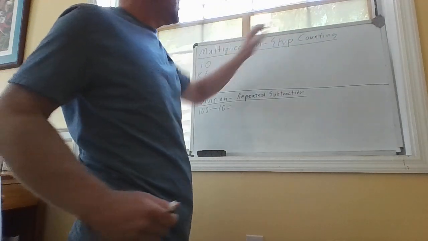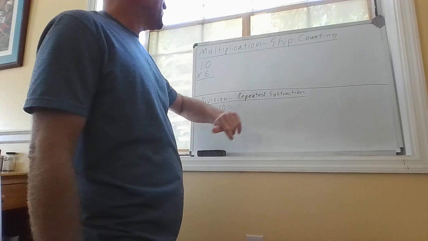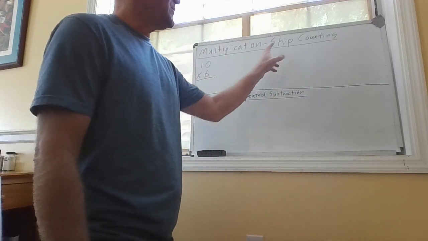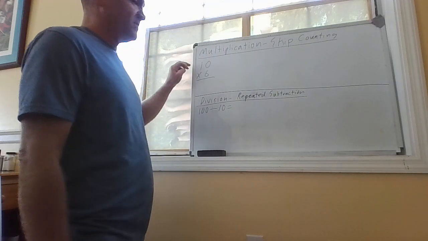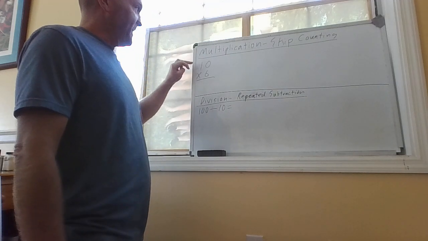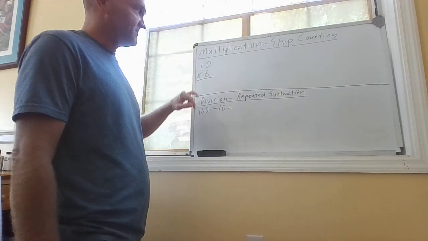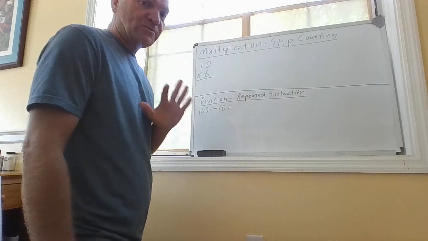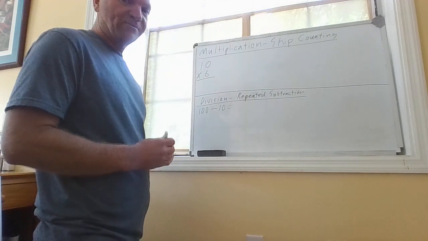So the third type of problem we're going to do is the one on top here. Don't pay attention to this bottom yet. We're going to do a multiplication problem using skip counting. So I have my multiplicand of 10 times my multiplier of 6, and I'm looking for my product here on the bottom. Now, skip counting, what we're going to do is we're going to count by this top number, the